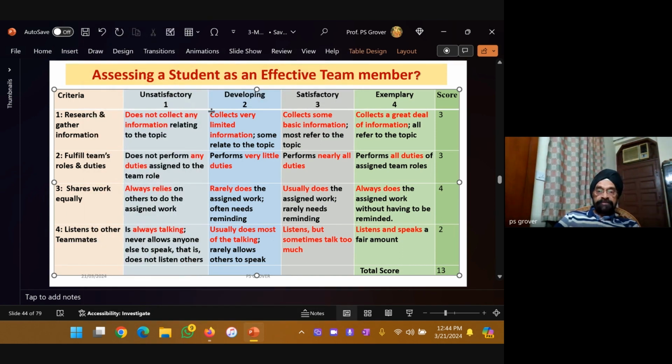Now, unsatisfactory, developing, satisfactory, exemplary, and then the score. So we say here: does not collect any information relating to the topic, 1 mark. Then developing: collects very limited information, some related to the topic; satisfactory: collects some basic information; exemplary: collects great information. So there is a grading between what I am writing here. Does not collect information, collects very limited information, collects some basic information, collects a great deal, and that's the corresponding